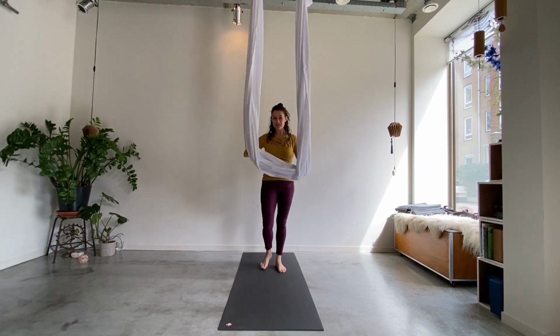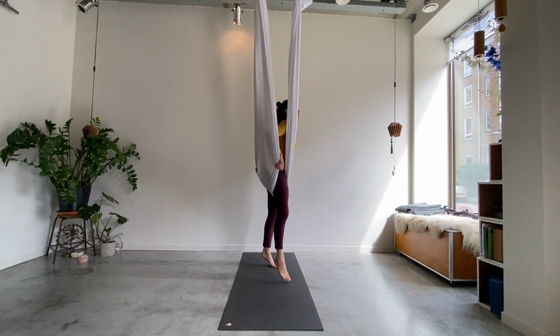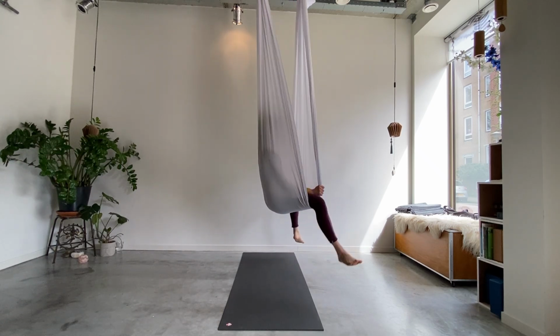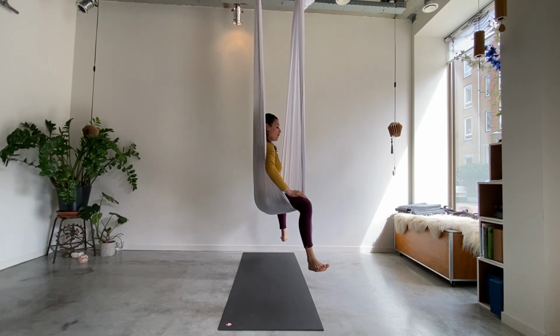Let's start stepping into the hammock. One leg in, making wide on the up leg, and then fold it around your glutes and sit in the center. You can press it out a little bit right and left, rotating the ankles to warm up a bit,